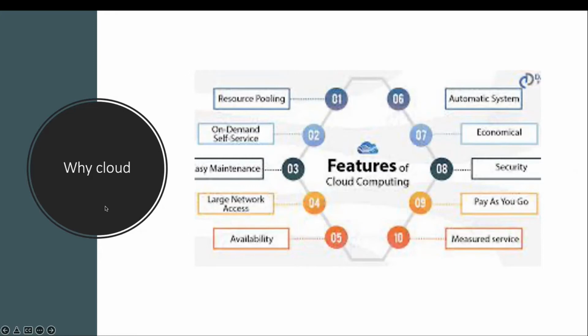Now comes, okay, fine, I understood this. Just a couple of seconds, why actually cloud? See, there are two schools of thought. One says that in all cases, cloud may not work. I'm not confident because I'm keeping my data in the cloud, and as per compliances and governance policies, it may not be allowed.